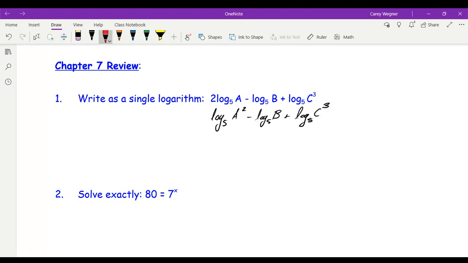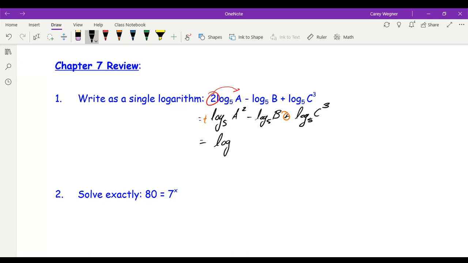So here you have my first step for question number 1, where this 2 that was in front of the logarithm, I needed to bring into the exponent before I could combine the logarithms together. And now that I have that in the exponent, I can combine these together. So again, as we looked at in our previous lesson, since this is a positive logarithm, and then we have an addition sign in front of that third logarithm, I can combine those two together